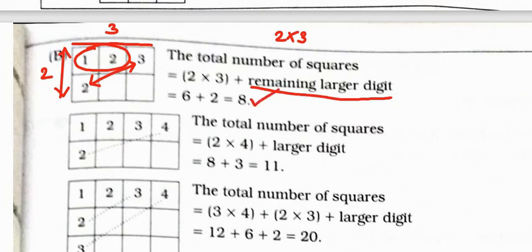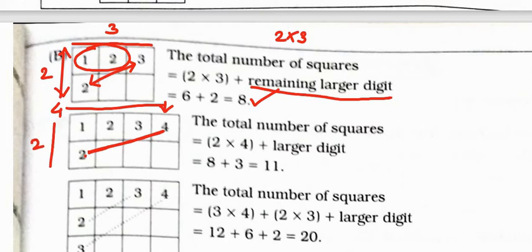Now see in this figure, multiply this one. First, the last digit of this side and the first digit of the other side. Okay, 2 multiplied by 4, because here it is 4 and here it is 2, and therefore 2 multiplied by 4. Why did we do 2 into 4?